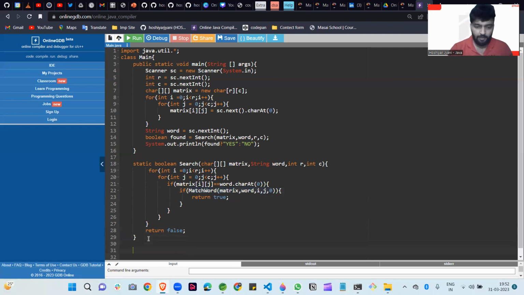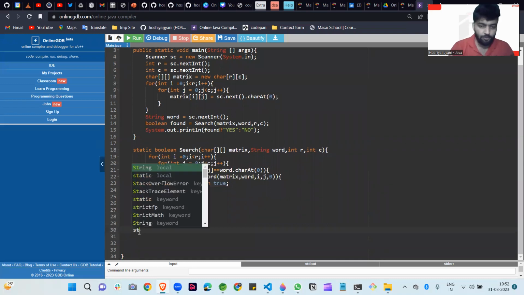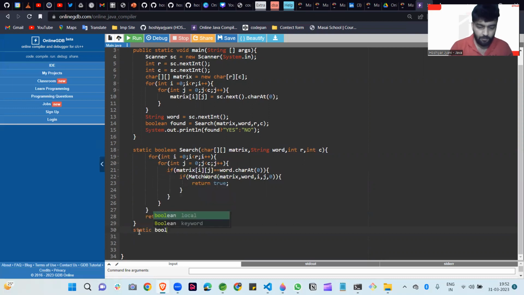So I declare one more method here, and this is also static boolean, and the name of the method is match word, and we are passing here four things.